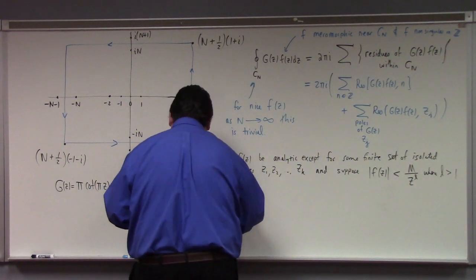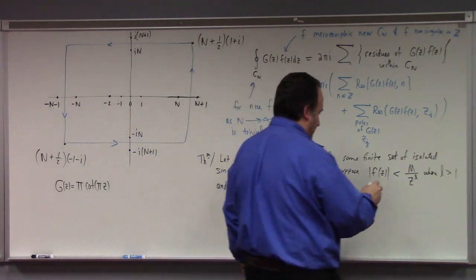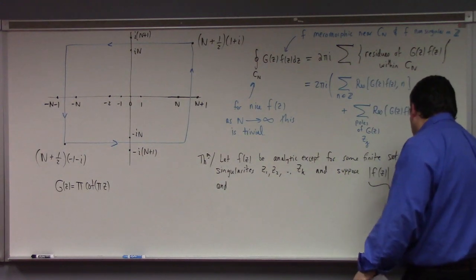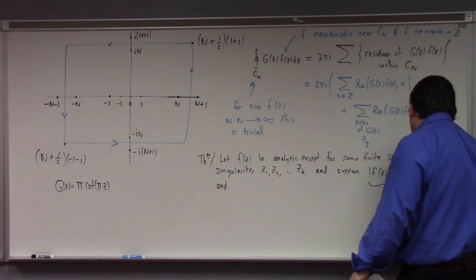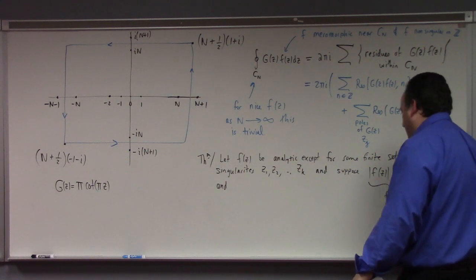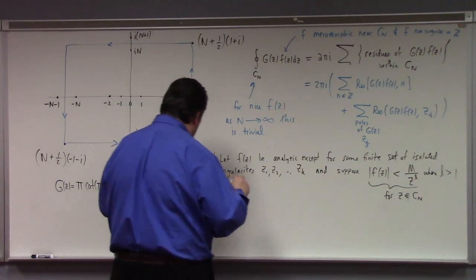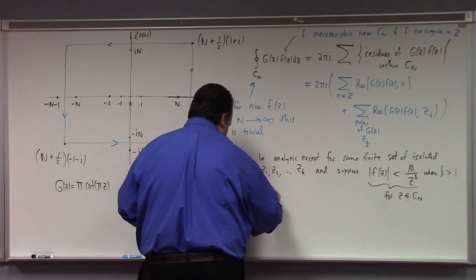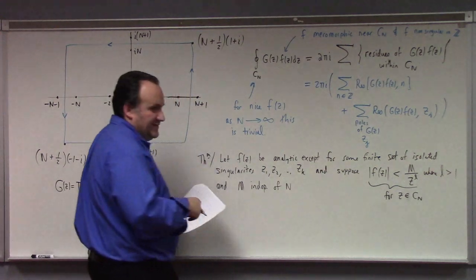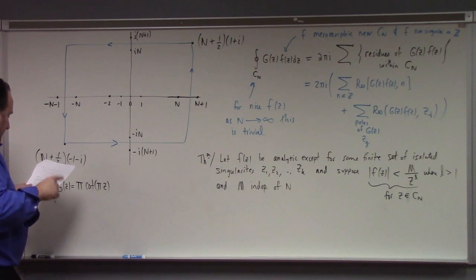And where is that true? I forgot to say where this is true. For z an element of Cn. That's where I need it. And M independent of n, all right? The bound there needs to be independent of the choice of n. All right. Then